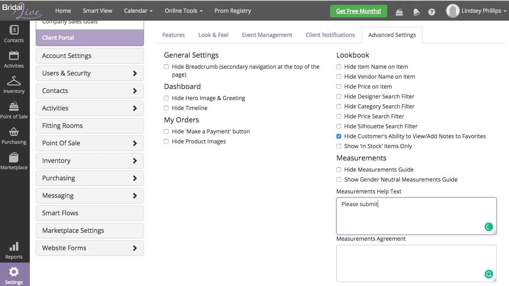Please submit measurements below. And then